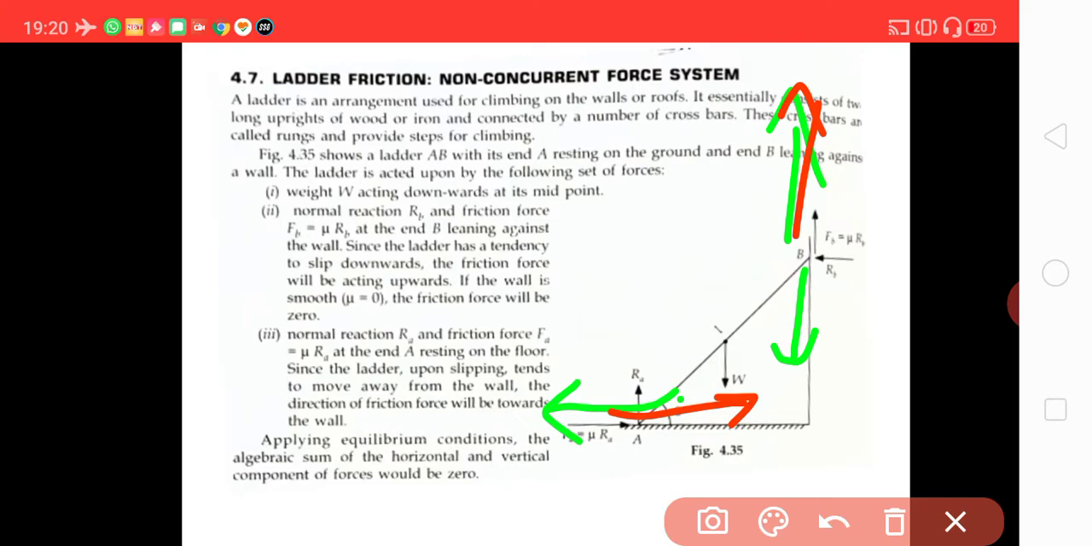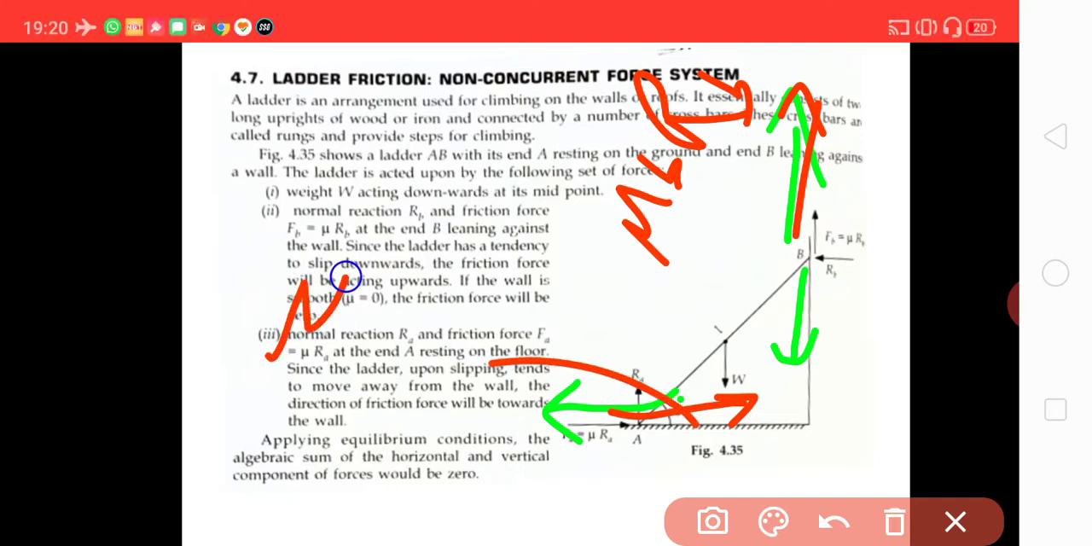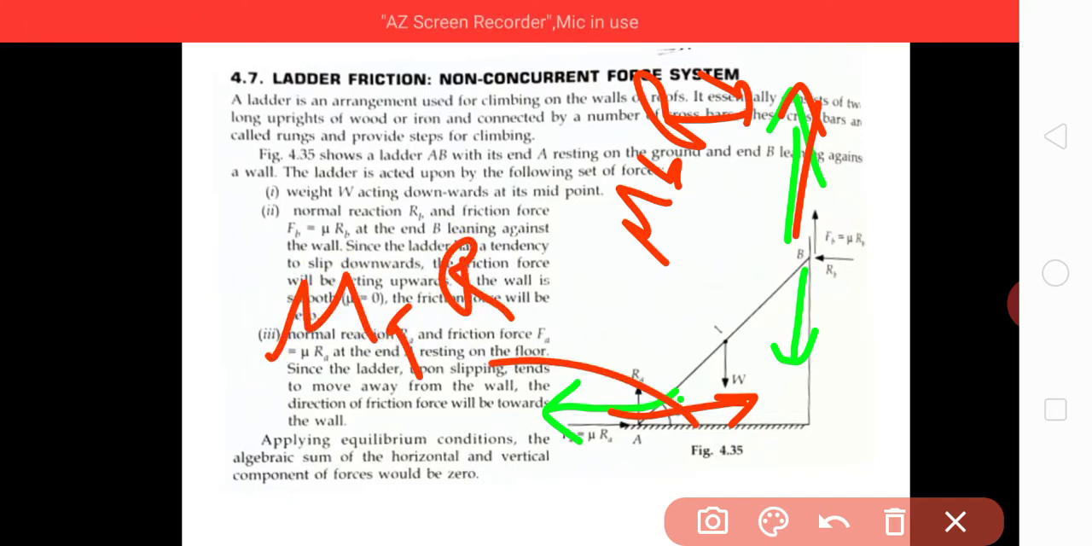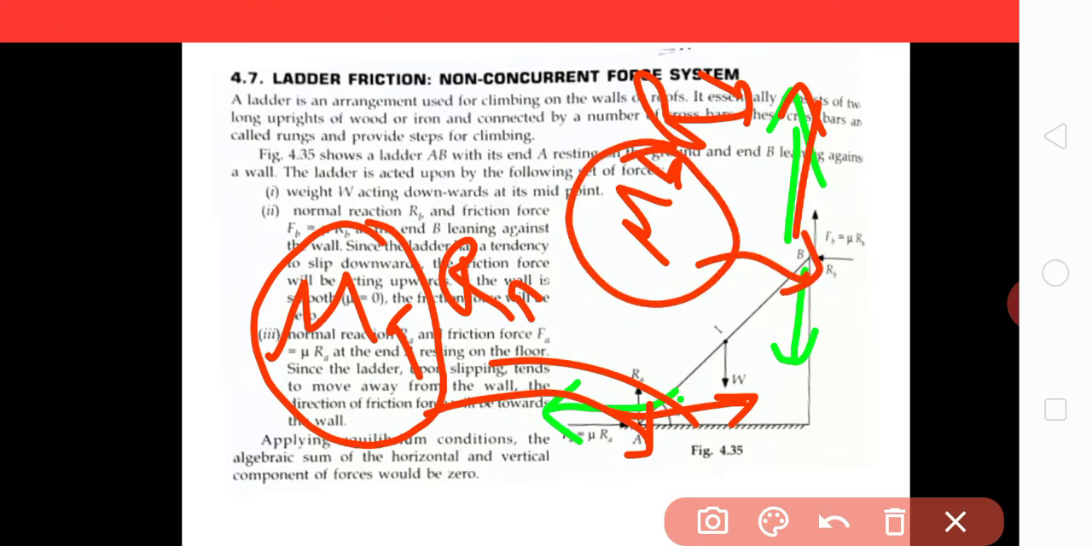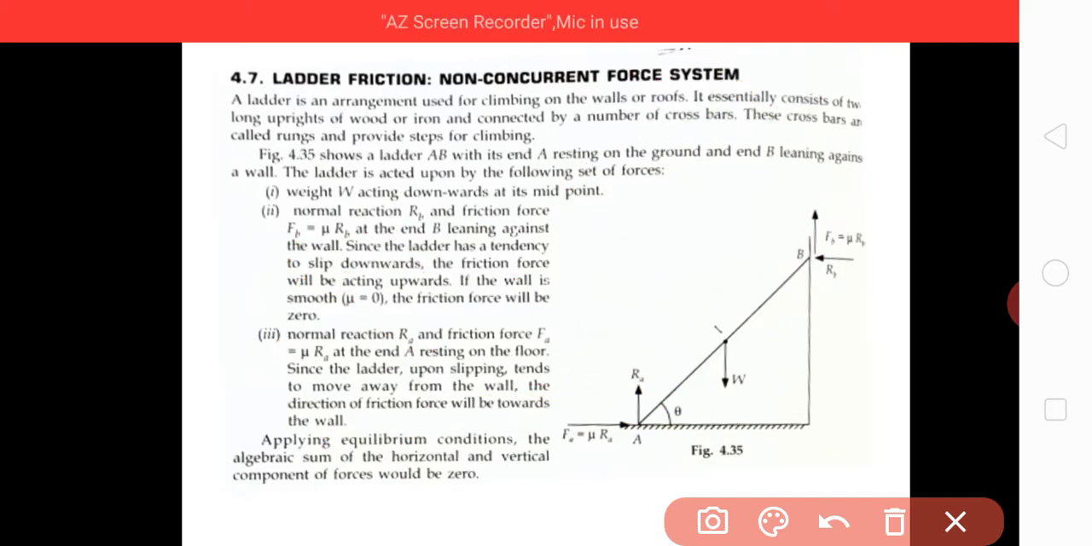That is mu B RB and this will be mu A RA, where mu A is the coefficient of friction at A and mu B is the coefficient of friction at B. Hence,